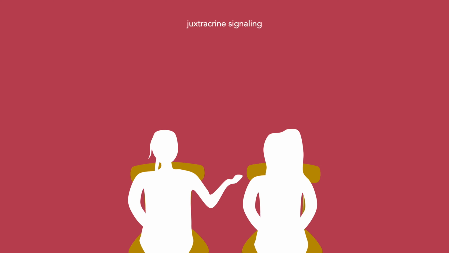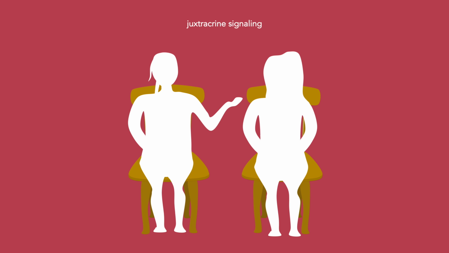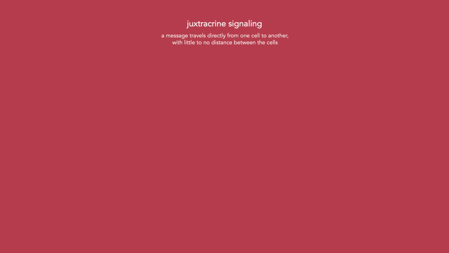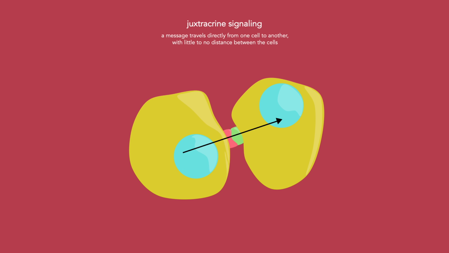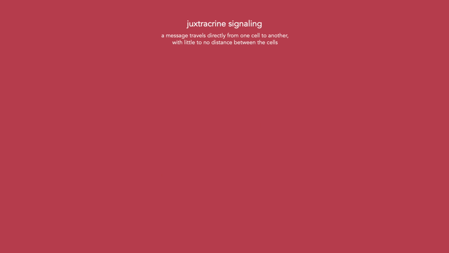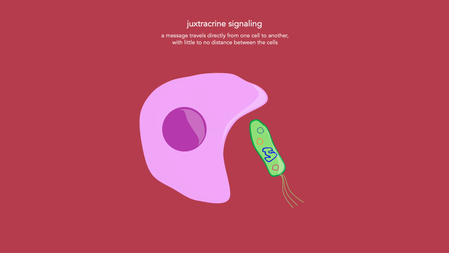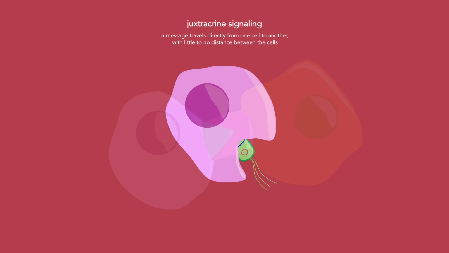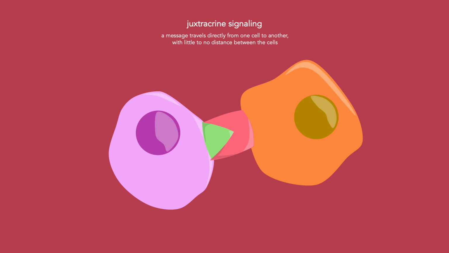You can think of direct or juxtacrine signaling as physically sitting next to someone and talking to them. The message is going from one cell directly to another cell right next to it, and there is little to no distance between them. When a phagocyte engulfs a pathogen, like bacteria, it presents the antigens on its own surface, becoming an antigen-presenting cell. Then, a helper T cell binds directly to the antigen on the antigen-presenting cell, an example